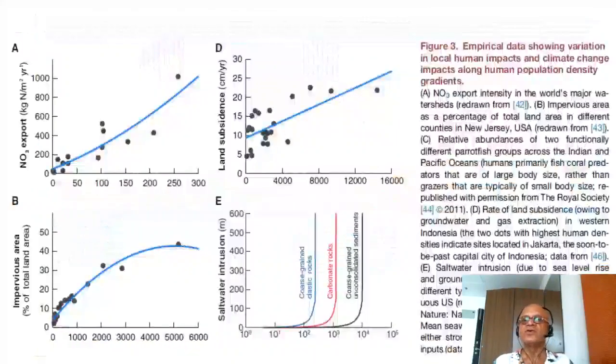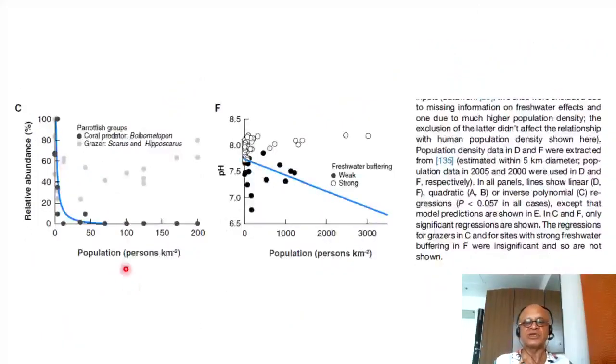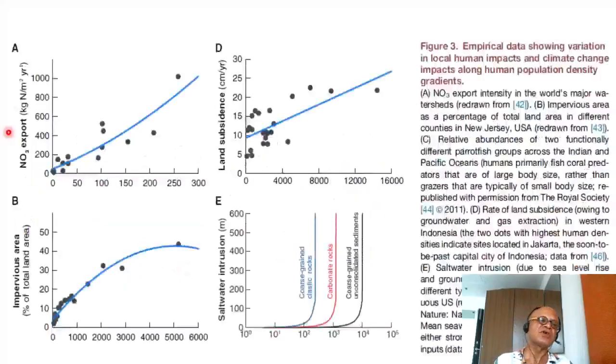Okay, so looking at empirical data showing variations in local human impacts and climate change impacts along population density gradients. I won't read all these details, but we are looking at nitrogen export. This scale here is population in persons per square kilometer. So we are looking at nitrogen export in kilogram nitrogen per meter squared per year. The fluxes increase non-linearly with population density,